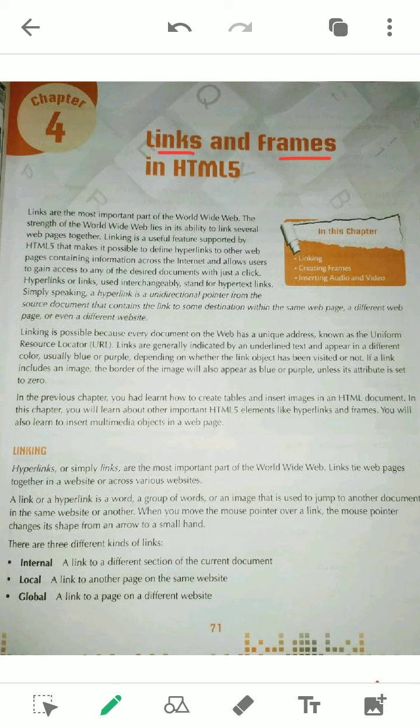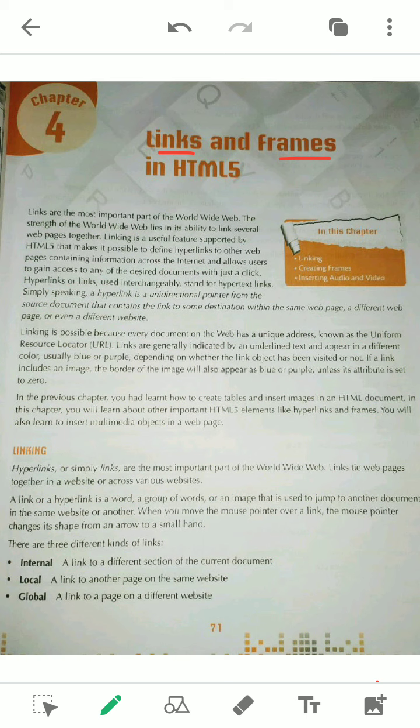Hyperlinks are the basic, main thing of your HTML, which links from one web page to another web page, one website to another website. Due to these hyperlinks, we can move from one location to another. For example, you are viewing a website, and from that web page you get another link, you click there and visit that page, and there you get other links, and you click and visit the other page.